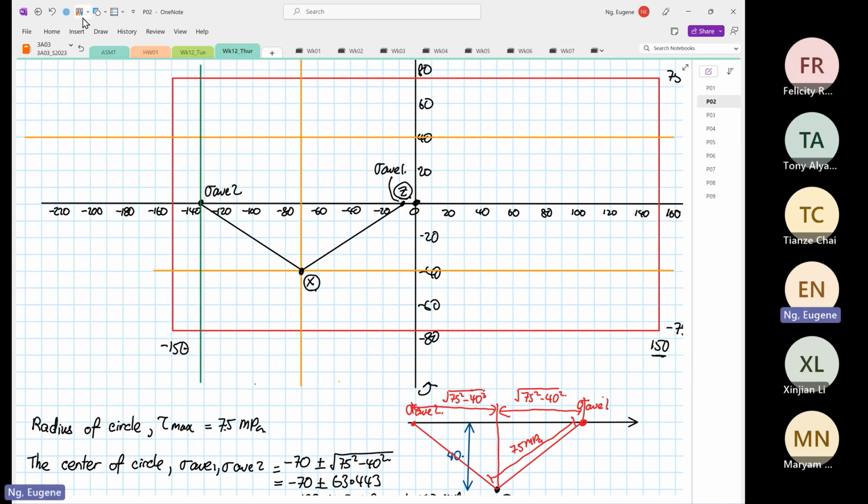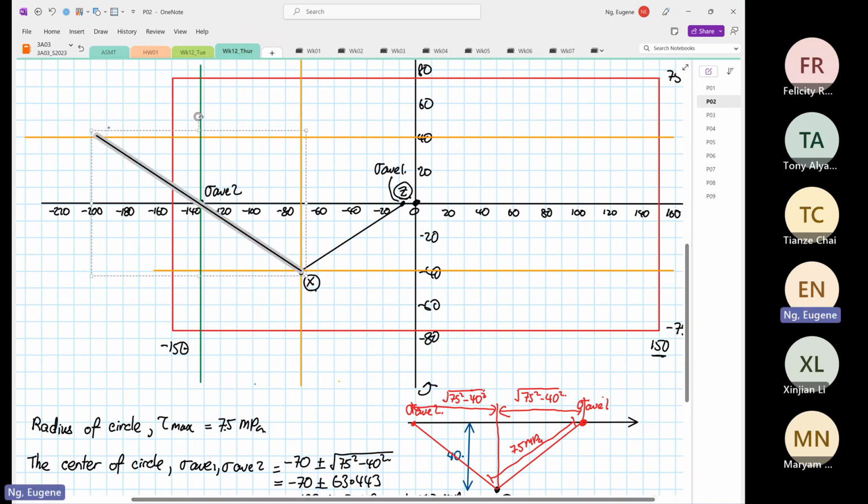So we can project the line, right? We can move this line now from point X past the center, okay, and make sure it intersects the other point over the other shear. Okay, so this is the location of your stress Y2, and you know that this is not a possible answer,